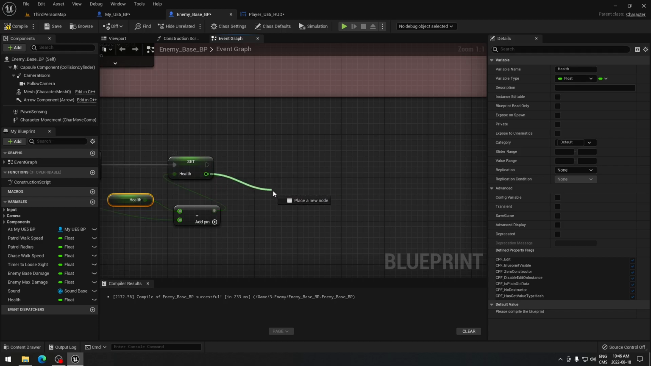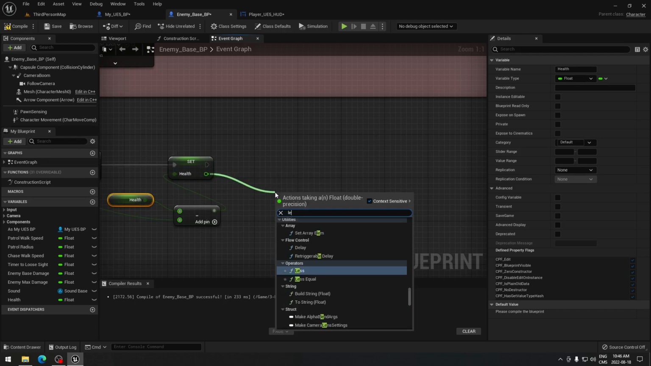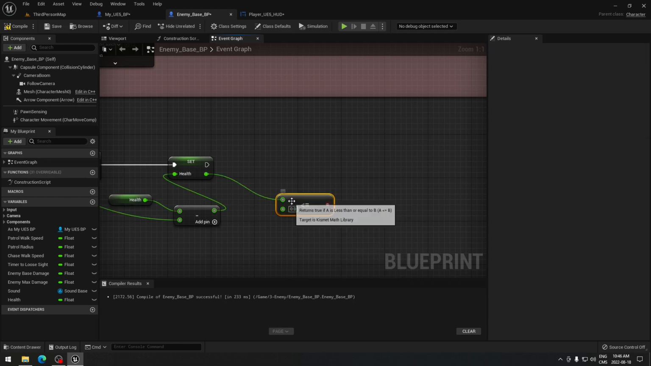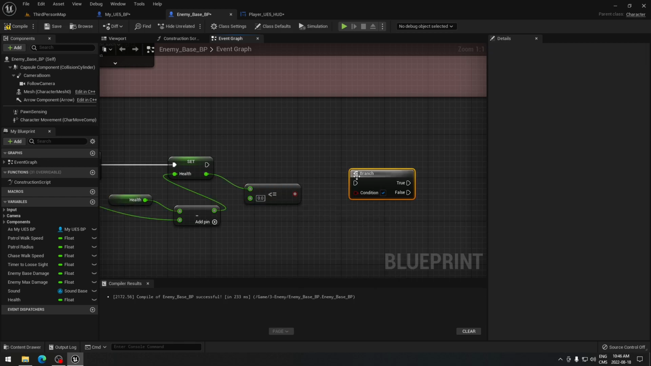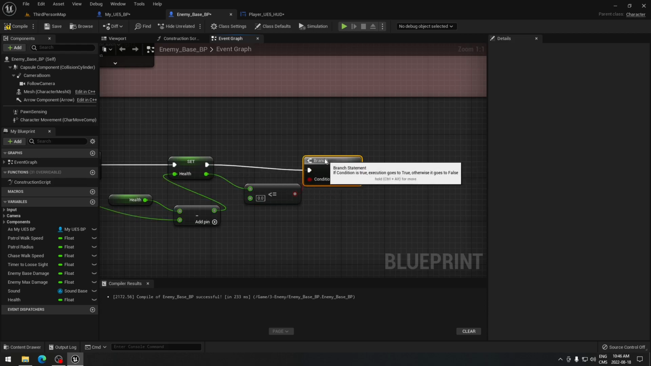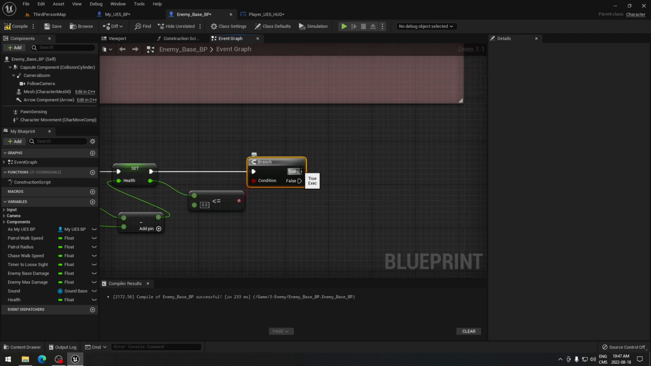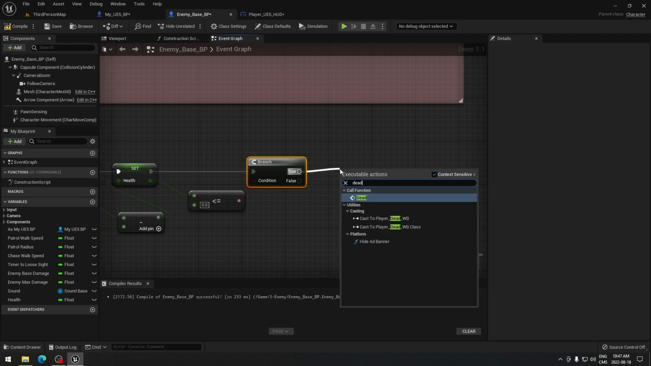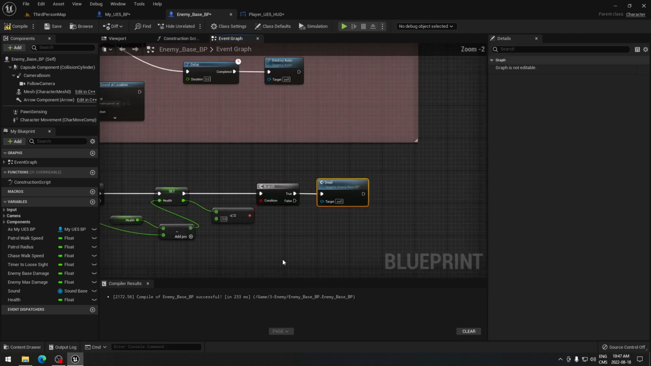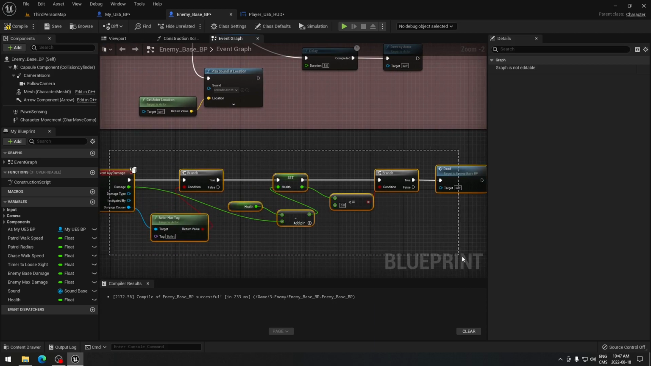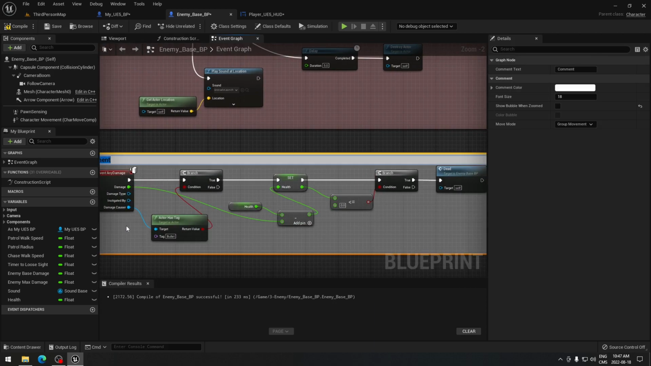on alt, we're gonna search for less or equal. We're gonna do another branch. The condition will go in the branch. We're gonna connect the branch to our set alt. And if this is all true, well, we're gonna call the function dead. So we're gonna select all of that, and we're gonna call that